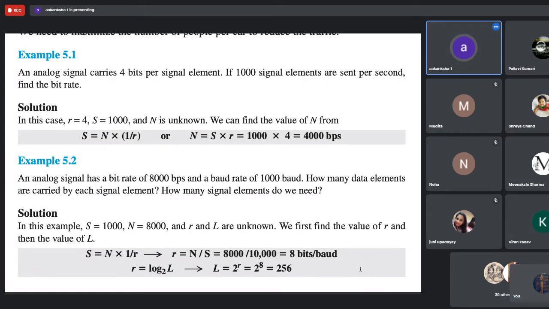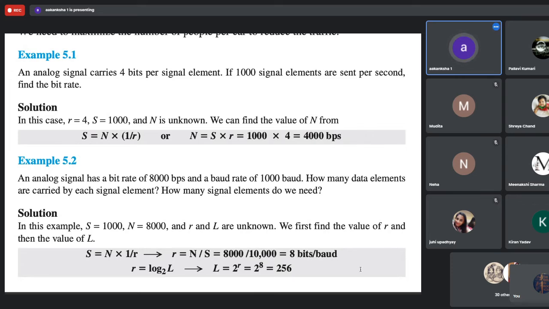Element of analog time. So the carrier signal is itself analog. So we have to use some continuous sine wave. So we cannot have different signal levels only with varying the amplitude. So we need to do some modification into the sine wave so that we can vary a little bit of amplitude. We can, at the same amplitude, we can have different frequencies also. So that way, QAM is basically the most feasible technique for doing amplitude modulation, phase shift keying and digital to analog conversion.